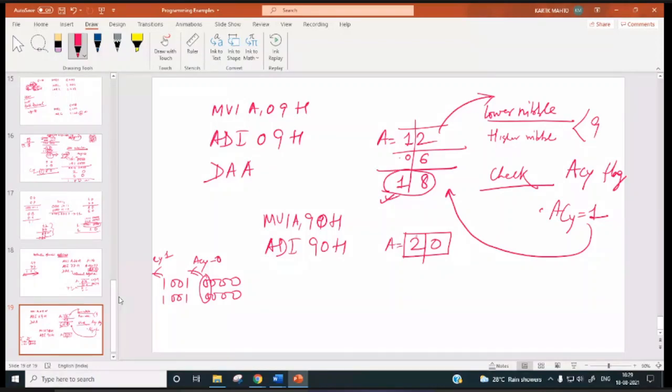So now it will check AC, this is equal to 0. Then it will check the carry flag. The carry flag is 1. So if the carry flag is 1, then it will add 6 to the upper nibble and 0 to the lower nibble.